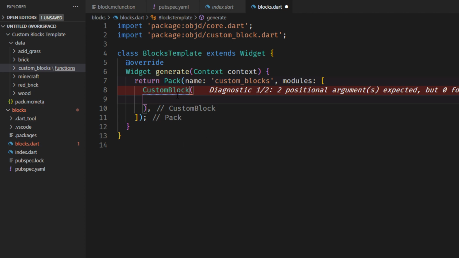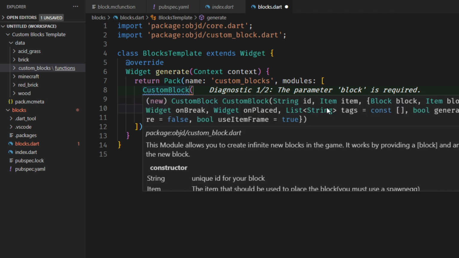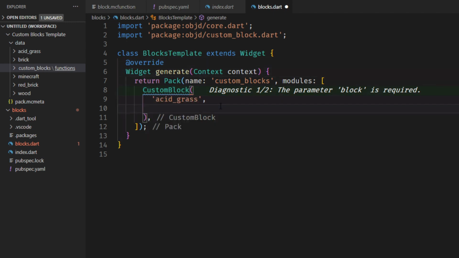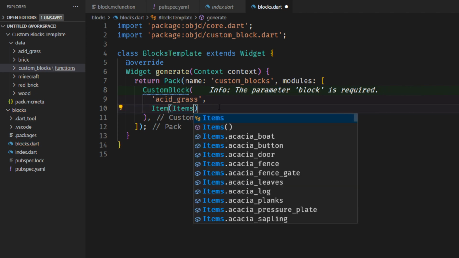Of course, our custom block needs an ID, and each block has to be unique. So for the asset grass, you just name it asset underscore grass. Then we can hover over it. Second argument here should be an item. This will also be the item that is used as a spawn egg for placing the items and displaying the model. Let's just take items dot